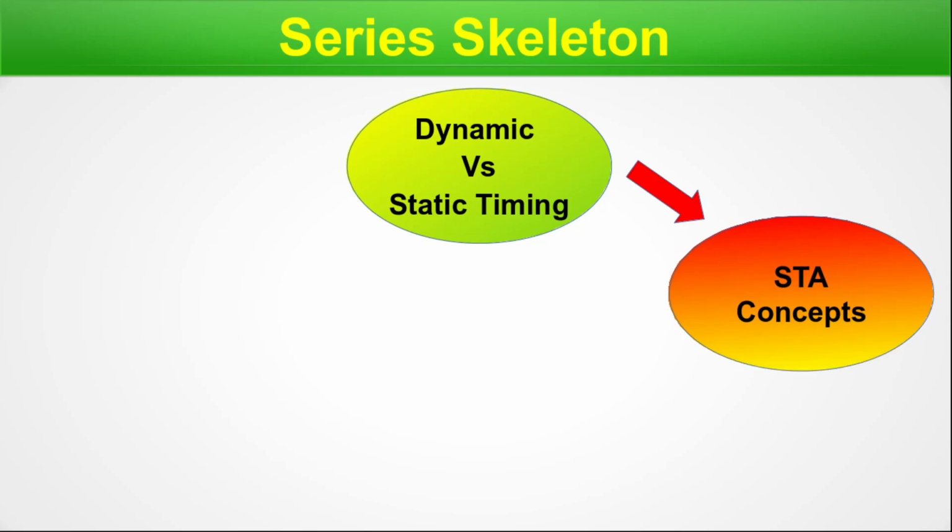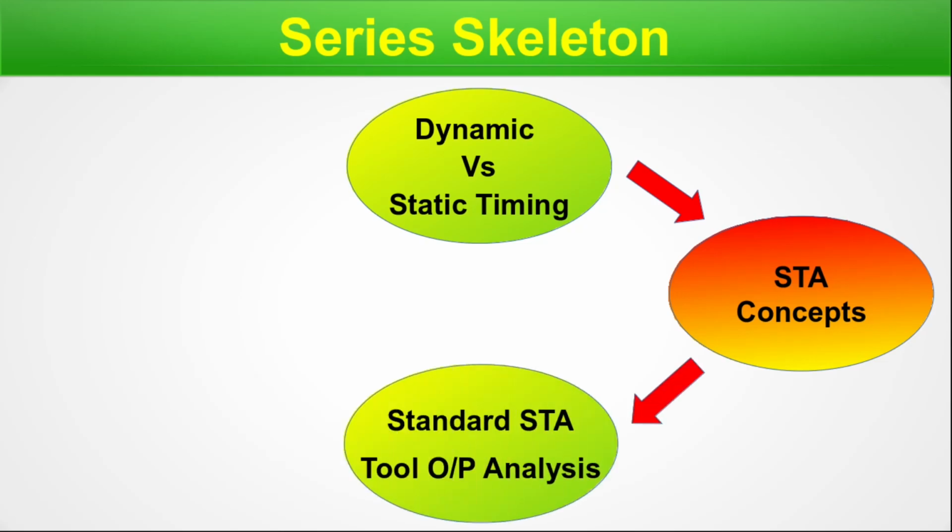Next, we will discuss the various STA concepts. These are much needed when you analyze the industry standard STA tool output. These outputs are text only and you have to analyze them keeping all the concepts stacked in your mind. Next, we will discuss the way to deal with the standard STA tool output. What are the things that we can analytically derive or infer from the plain text outputs. We will be doing this in a very generic way and not a case specific way.